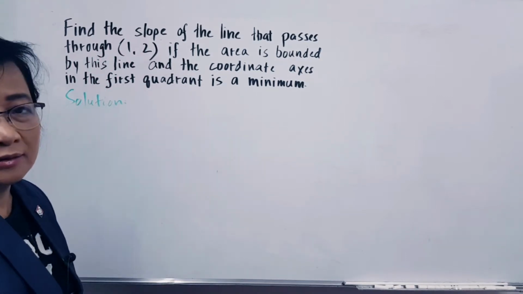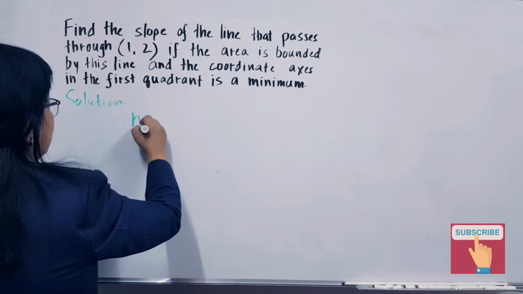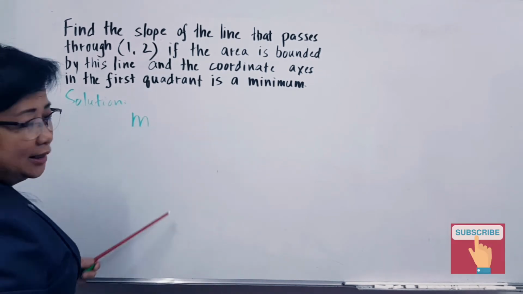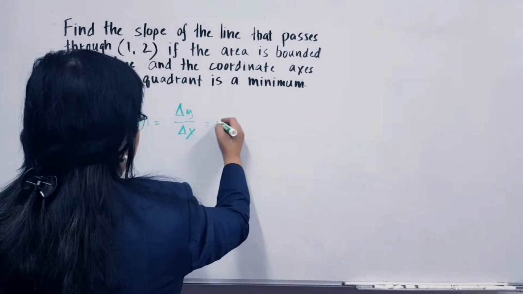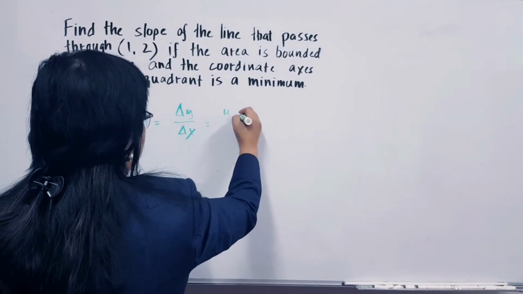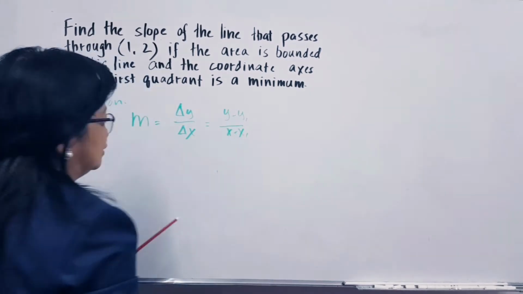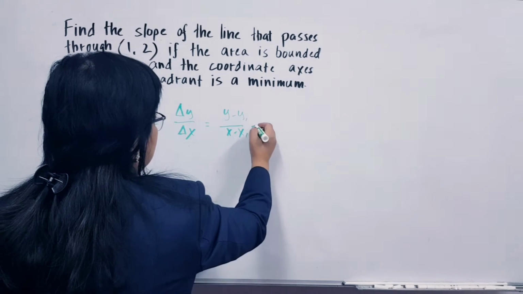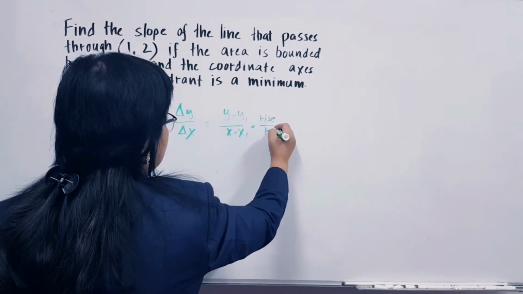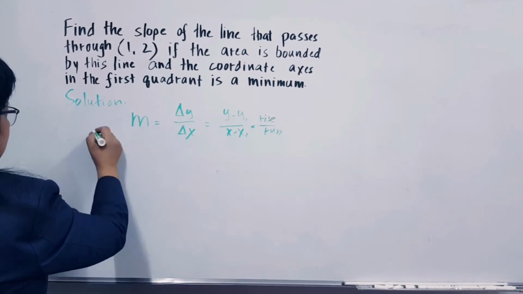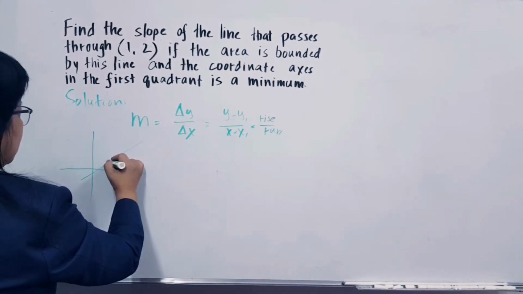find the slope of the line. What does this mean? The slope of the line we symbolize as m in mathematics, which is equal to (y minus y1) over (x minus x1). This we call the ratio, rise over the run. For example, like this. If we have this one,